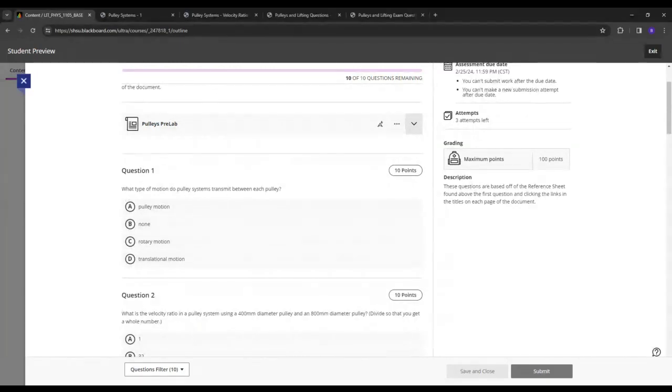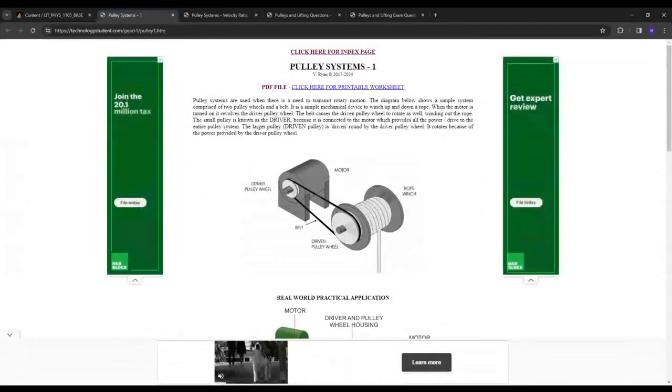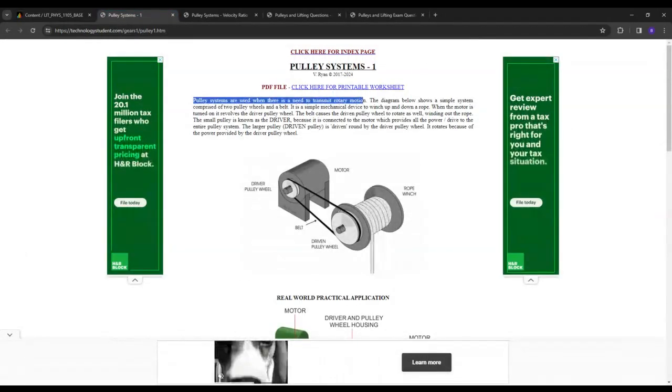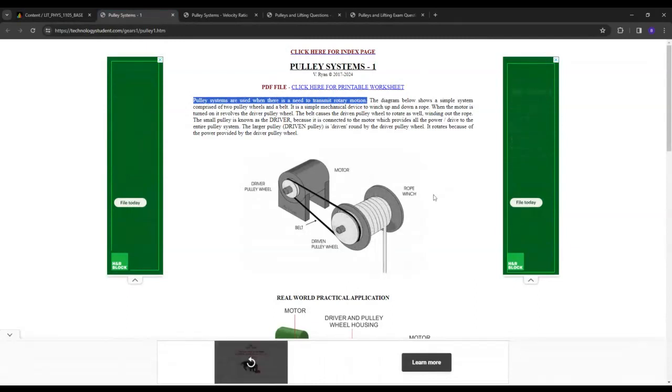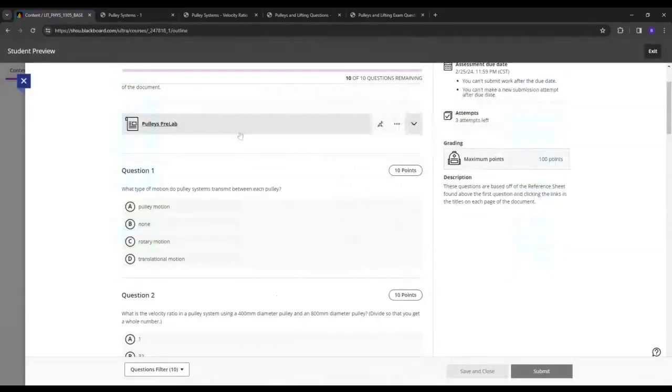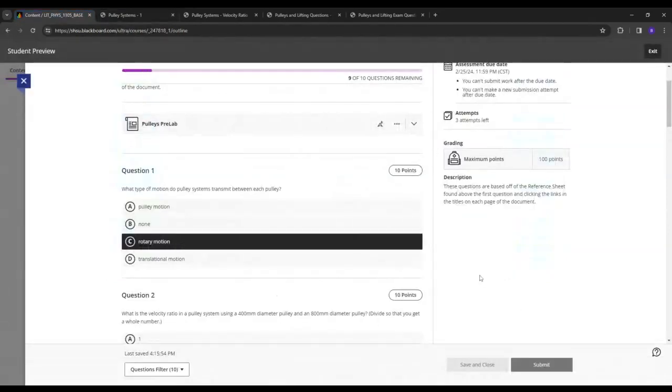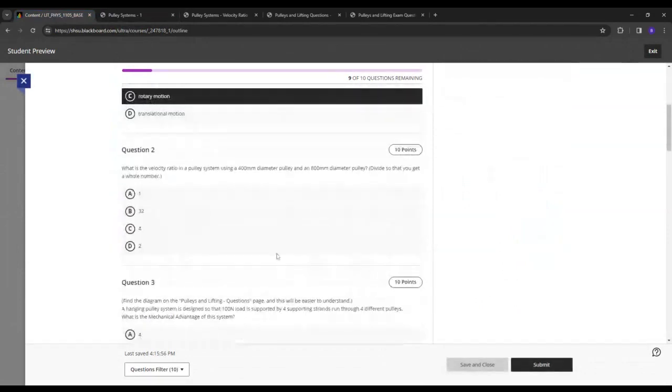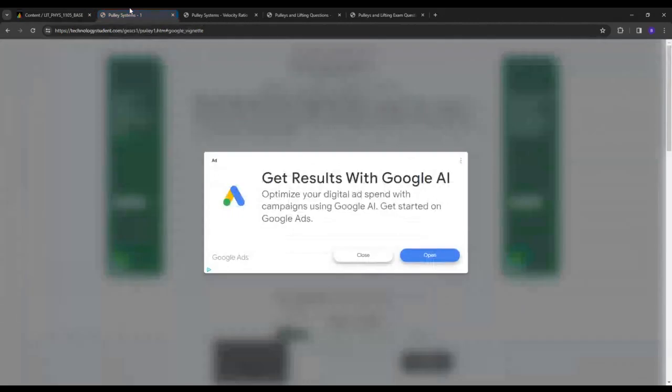So these questions, right? What type of motion do pulley systems transmit between each pulley? So if I go here, pulley systems are used when there is a need to transmit rotary motion. Okay, now these are straight up like junior high level, read the social studies book when there's a substitute day, right? You've got a worksheet and a book, just going through and finding answers. Most of these are going to be really, really obvious, and some of them are even going to give you a hint. So, like this one, technically isn't explained very well on the page, and I think I may have even,